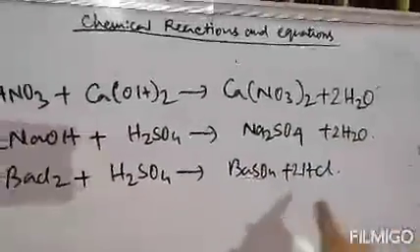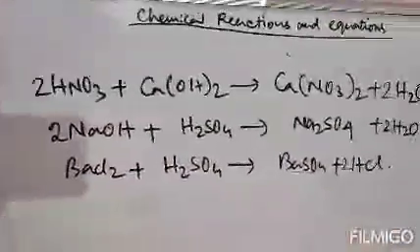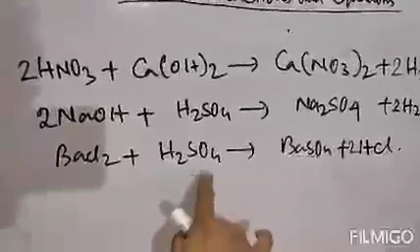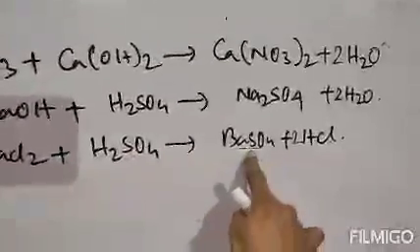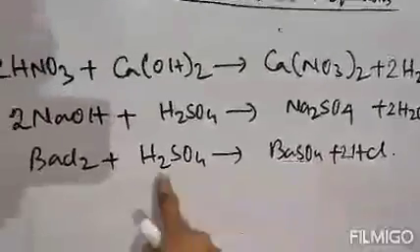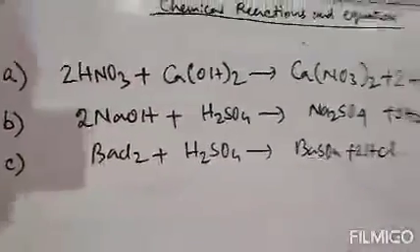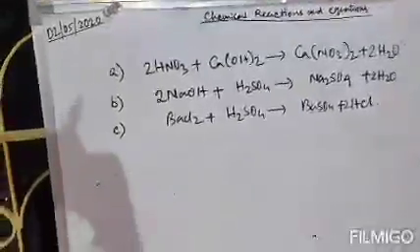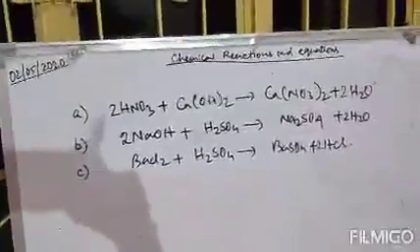So that this is 2 chlorine now, and here is also 2 chlorine now. Chlorine is balanced. Now sulfur, 1 sulfur, 1 sulfur. Clear? 4 oxygen, also 4 oxygen, 1 Ba and 1 Ba. So all atoms are balanced. In this way we will balance chemical reactions or chemical equations.